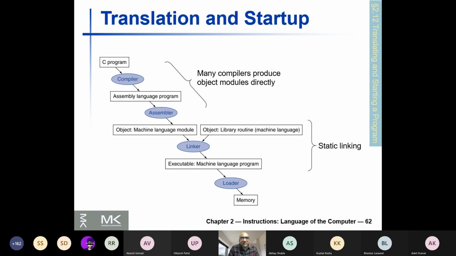At that time, you will get a much better clarity on this, the overall translation and all. And now here, these are the four steps: compiler, assembler, linker, and loader. And here from the names, the compiler will translate the high level language program into a symbolic language. Symbolic language means a language guided by the machine level instructions. The compiler will translate the high level language program into, you can say, assembly language